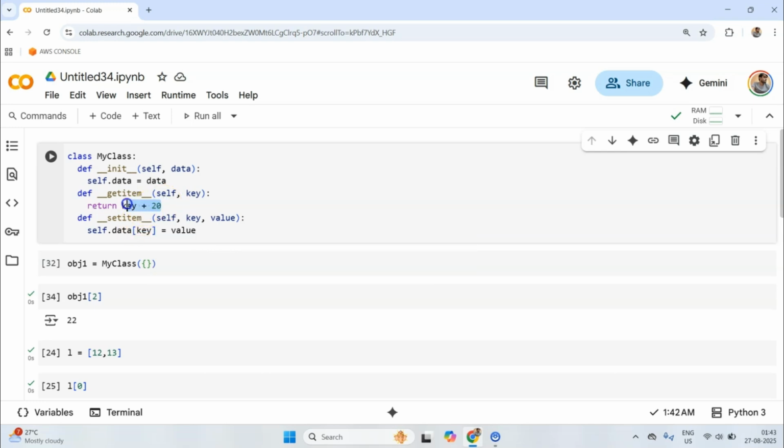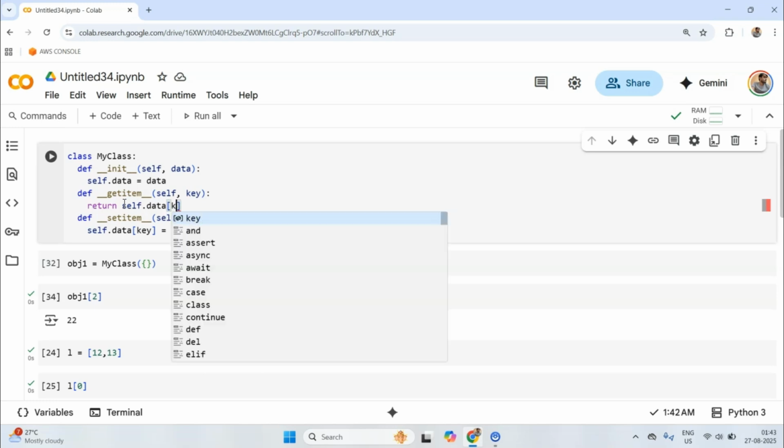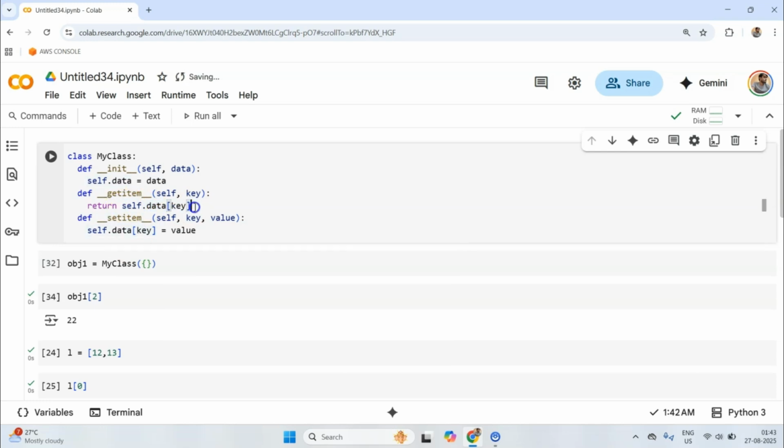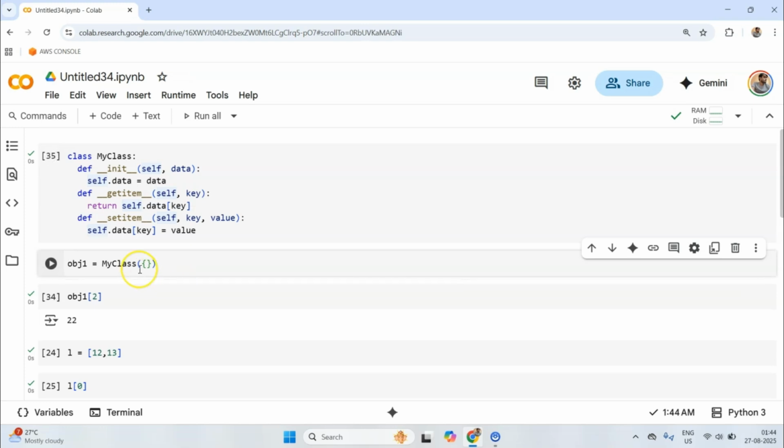And while returning, I can do self.data and return the key itself. Now by default self.data[key] might result in a key error if the key is not present, but let's leave it for now, because otherwise it will get too complicated to understand.